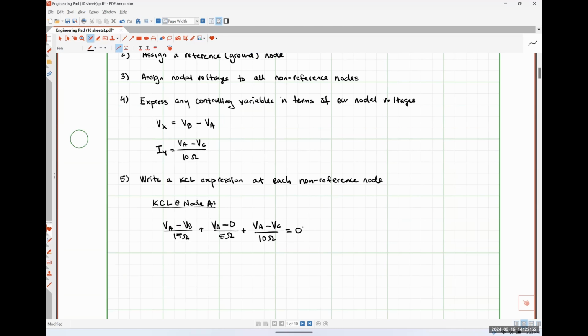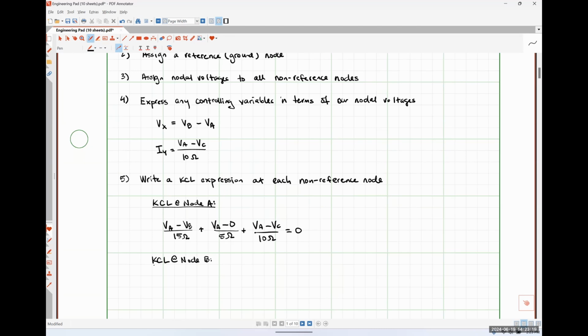So there's our KCL expression at node A. Before we move along to our next node, does anybody have any questions about where those terms came from? All right. So now let's look at KCL